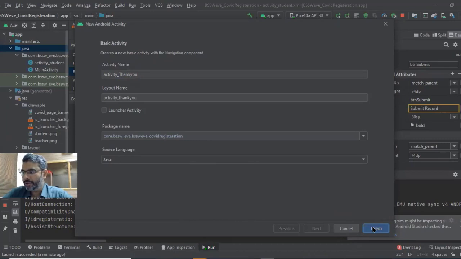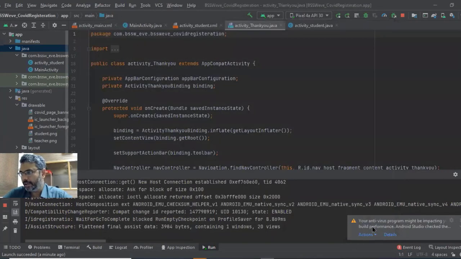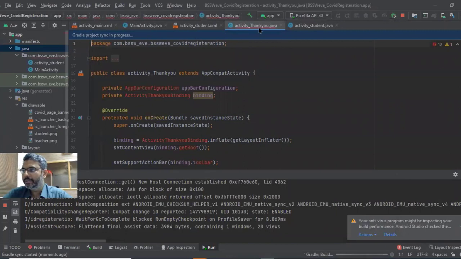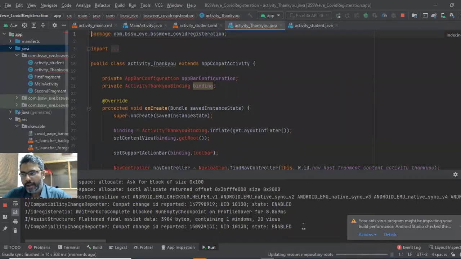ठीक, so now let's just wait for it. Finally it's back. Activity thank you is there. Again give it few seconds, जो रेड लाइंस आ रही हैं 2 सेकंड में गायब हो जाएंगी क्योंकि अभी तक उसको बना रहा है। So be patient with Android. Watch the bottom arrow, see if there is some changes occurring here or not. So that means it is still doing something. Don't worry suddenly कि सर एरर क्यों आ गया। थोड़ा सुकून से टाइम लो, उम्मीद है कि चंद लम्हों में ये एरर गायब हो जाएगा।